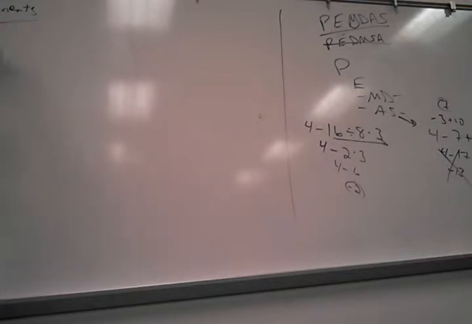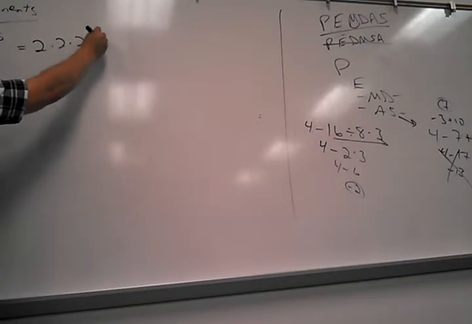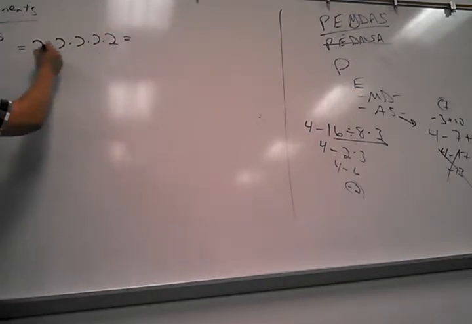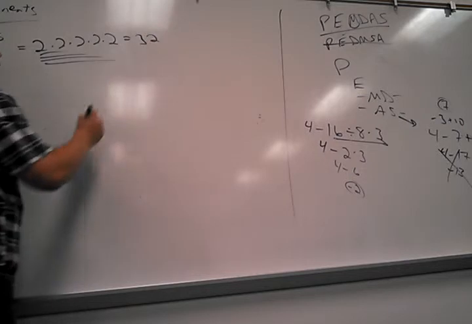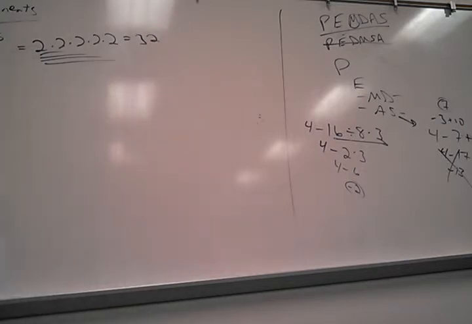So if I have 2 to the 5th power and I want to figure out what that is, how do you do it by hand? That's right. 2 times 2 times 2 times 2 times 2. 4, 8, 16, 32. Cool. Now, we're not quite to the point where we're talking about properties of exponents yet. But that's going to come later, and the properties of exponents come right off of that definition. So if I had 2 to the 5th times 2 to the 3rd,